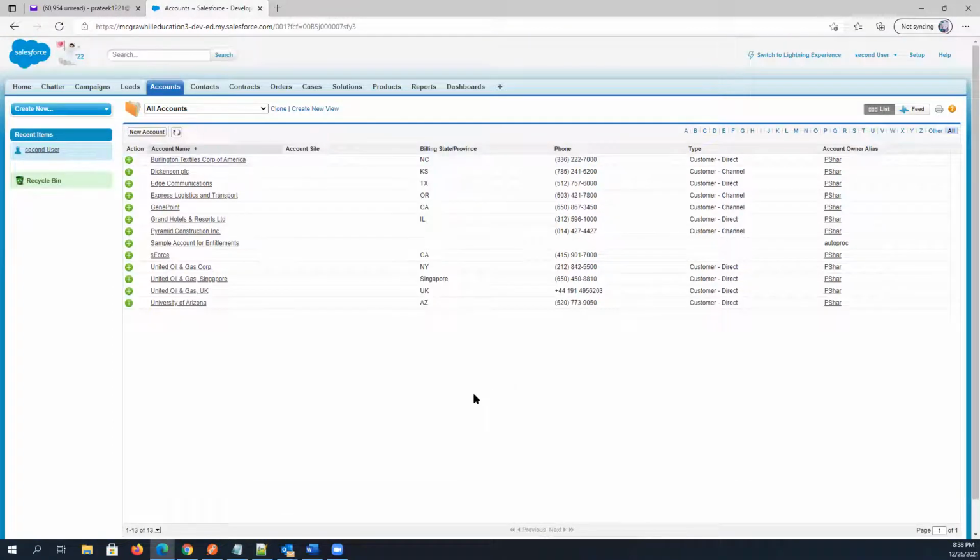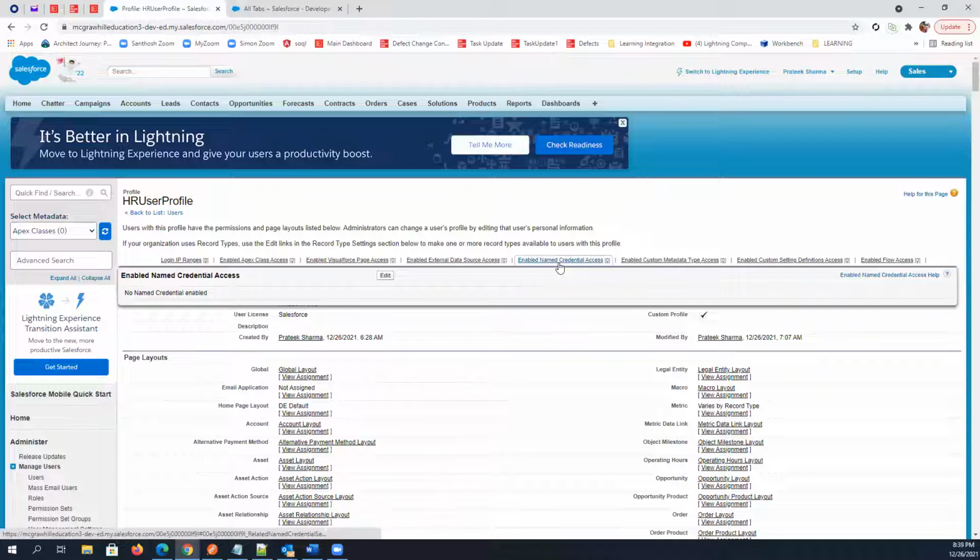Now I'm just moving to another topic called permission set, right? Just minimizing this. So, similarly to profile, we have one more thing by which we can manage access, and that is called permission set, right? So I'm just giving you a scenario, right? By using profile, you can manage the access, right? But let's say I have 10 users, right? And all these 10 users have the same profile.